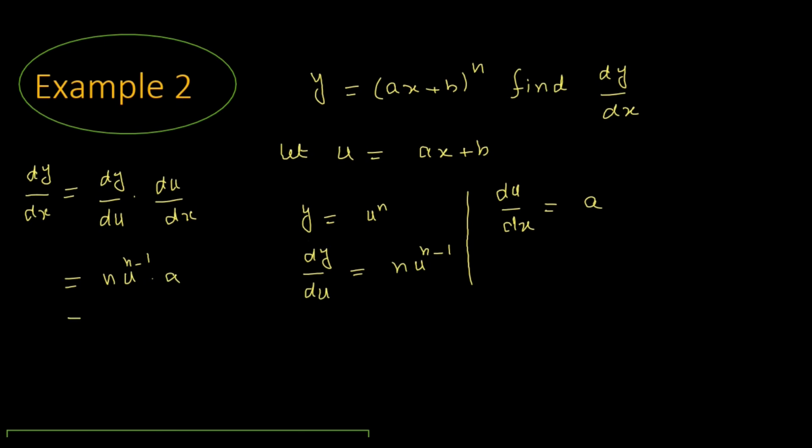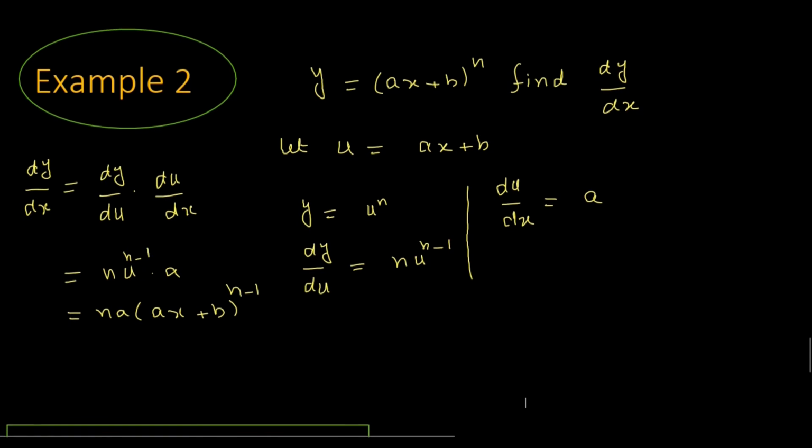We can write it as n a, and we know that the value of u is equal to ax plus b. So put over here (ax plus b) to the power n minus 1. Okay, so this is the way how to apply the chain rule. After that we have studied about the chain rule, and now we want to study a little bit more